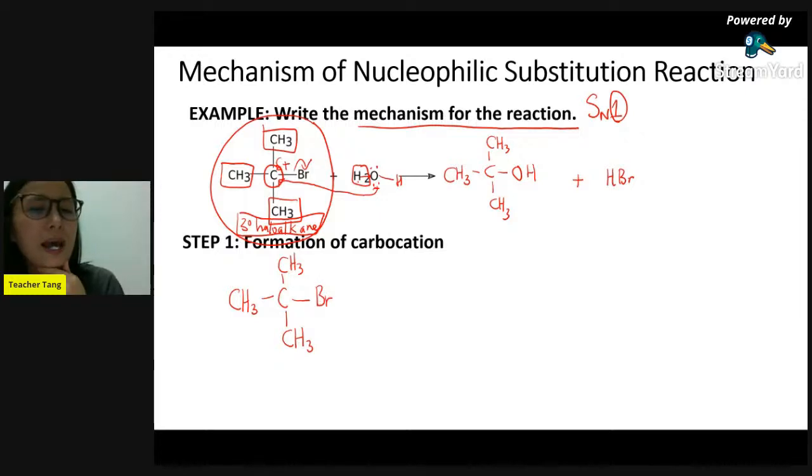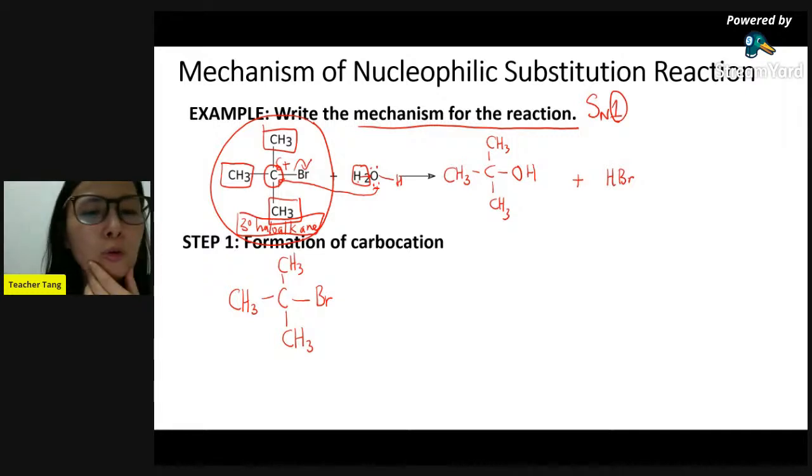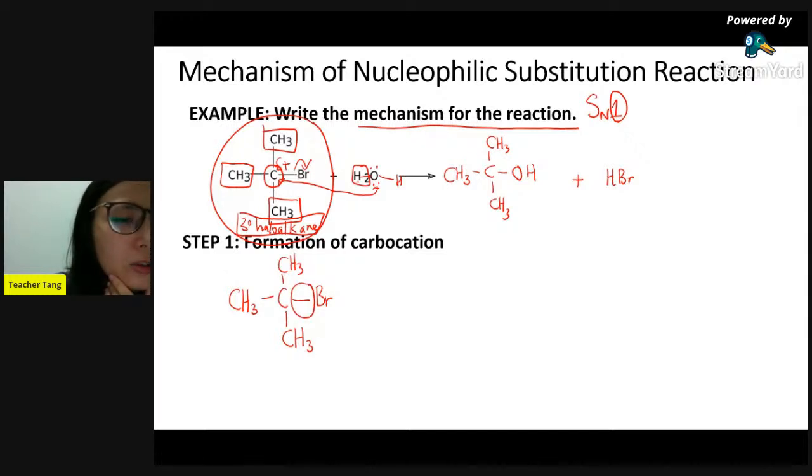And then in step number 1, how to form the carbocation? It basically involves bond breaking. Which bond needs to break in order to give you the carbocation? This bond. This polar bond needs to break. After bond breaking, the 2 electrons will go to bromine. Why? Because bromine is more electronegative. So what you get is,